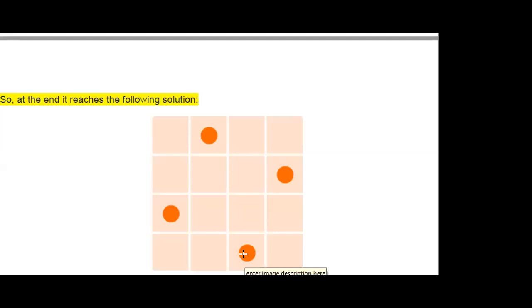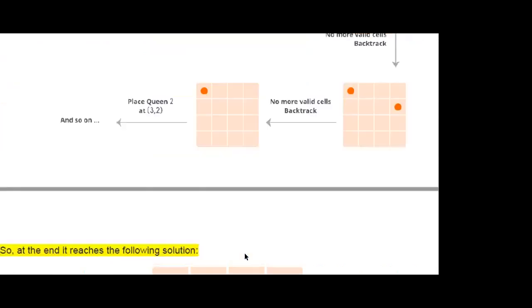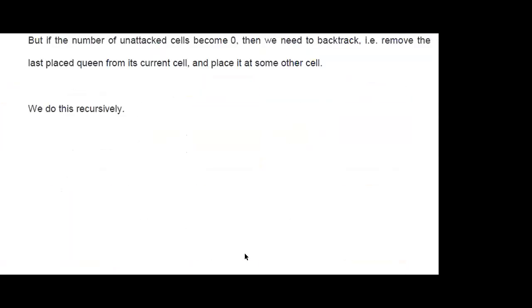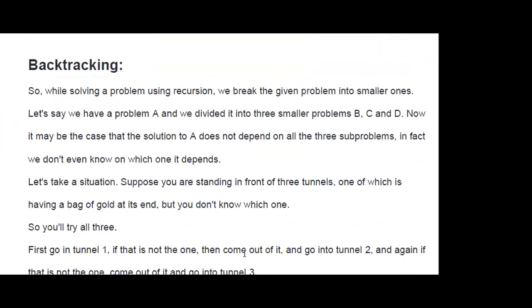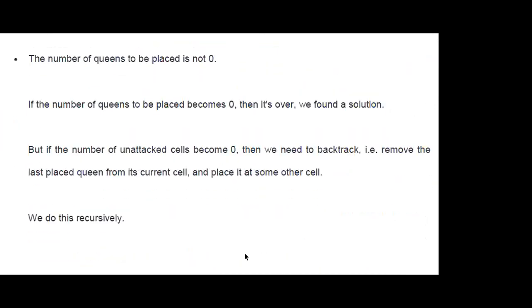So you have to find the possible solution for the 8 queens problem. Tomorrow we will discuss the 8 queens problem, and the second problem is the rat and maze problem. These 2 are popular backtracking algorithms, and we will discuss them tomorrow. For today, this is the basic introduction of backtracking. I have already shared the backtracking PDF file that I used today in Google Classroom.